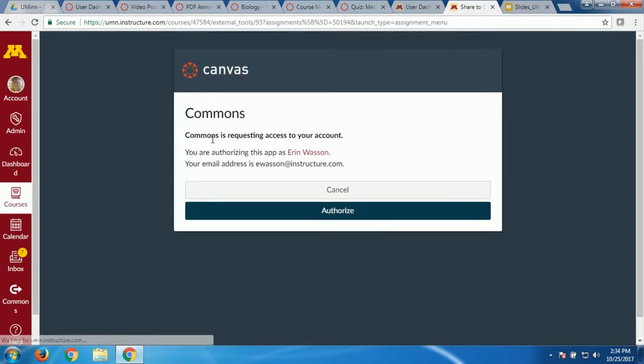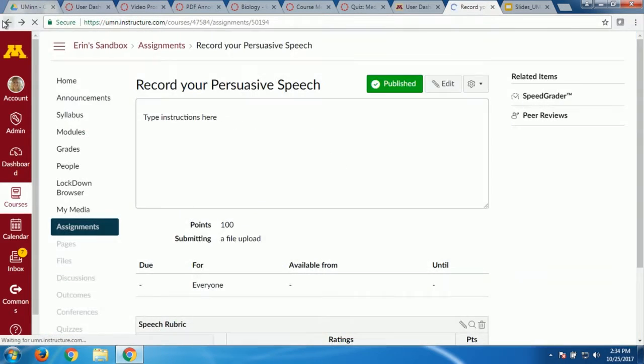That puts it in the Commons space. When you share to Commons, you call it what you want. So you come here, you authorize, and it'll ask you, who are you sharing it with, public or just UMN? What do you want to call it? What's the description? You could be very descriptive. This is just for these teachers. You can be very descriptive in what you're putting there, and then have it shared out with the people who want to share it. That's this Commons area here. Anything you create doesn't just have to be an assignment with the rubric. Anything you create, if you go to the gear, Share to Commons, you can share it with other teachers. So for rubrics, it's pretty much tied to assignments.